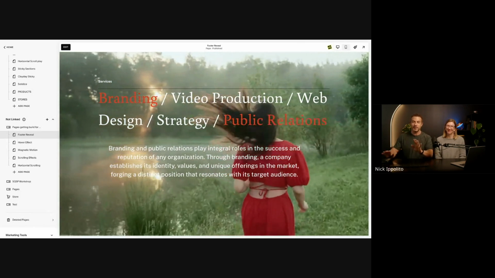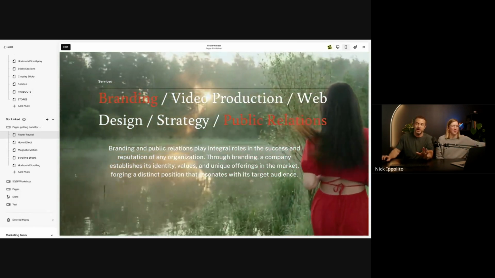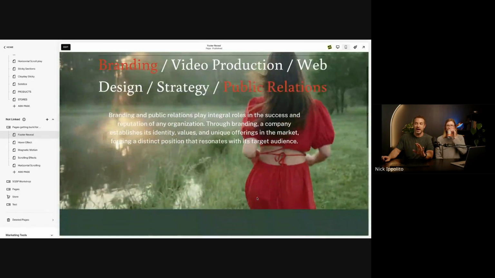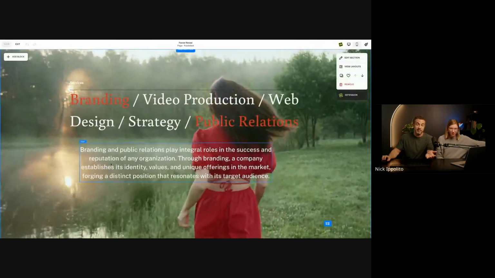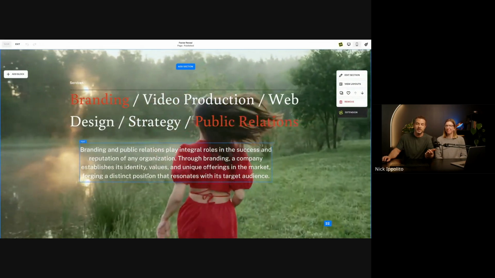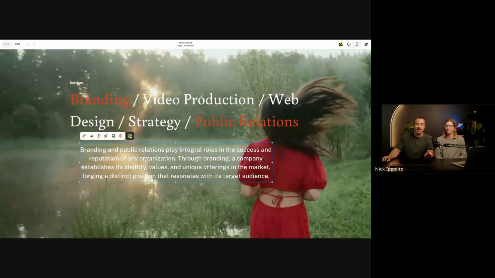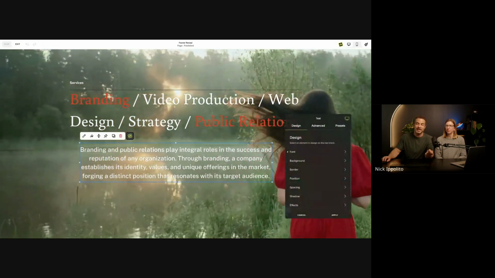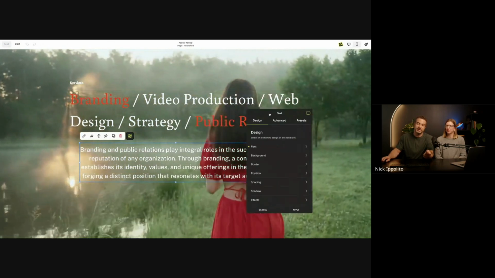So here we go. We have a Squarespace section here, and there's a video playing in the background. Now, just to show you how this tool works, I'm going to go into edit mode and open up Squarespace as my visual builder. And what I'm going to do here is create a little bit of animation on this text block. So what I can do here is open this up. And here's the SK button where I'm going to launch a specific set of new tools that didn't exist before in Squarespace that I can now play with.